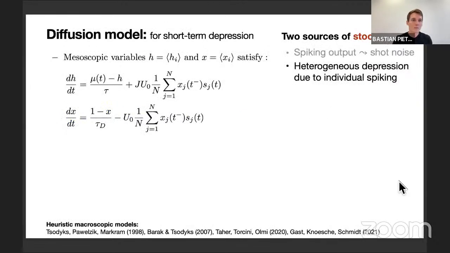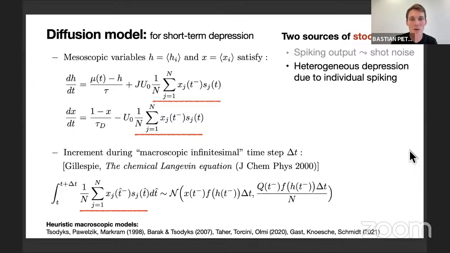Okay, so the general idea is we introduce mesoscopic variables, h here and x, which basically are the means over the hi's and the xi's. So we can write that down. We end up with these mean field dynamics, but the problem is that we have these sums in here that still depend on the individual neurons. And the basic idea to overcome